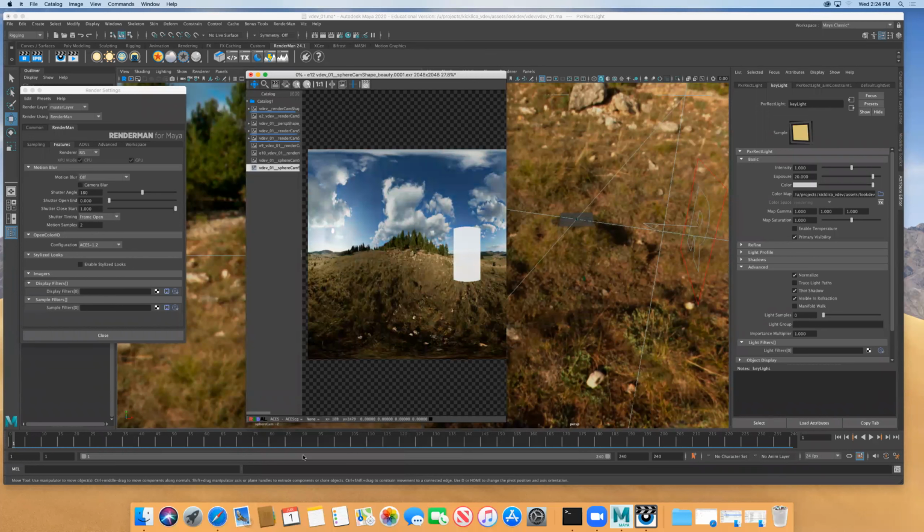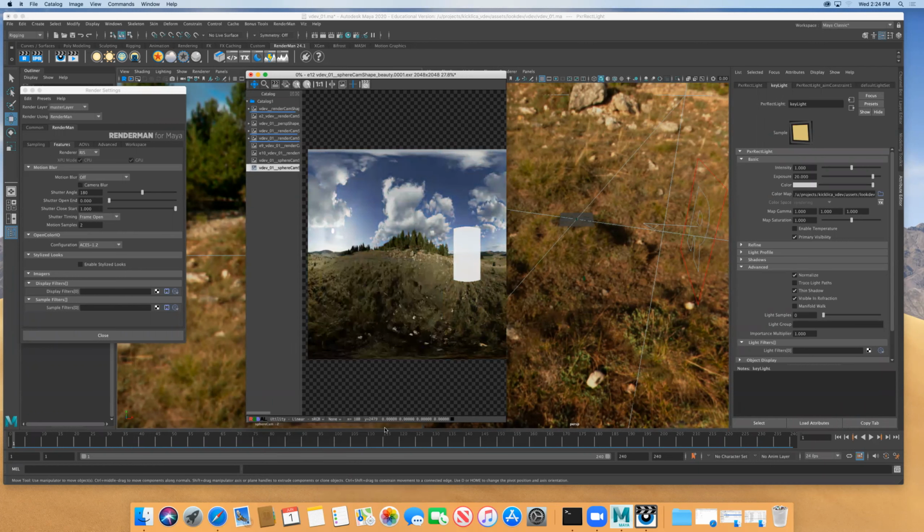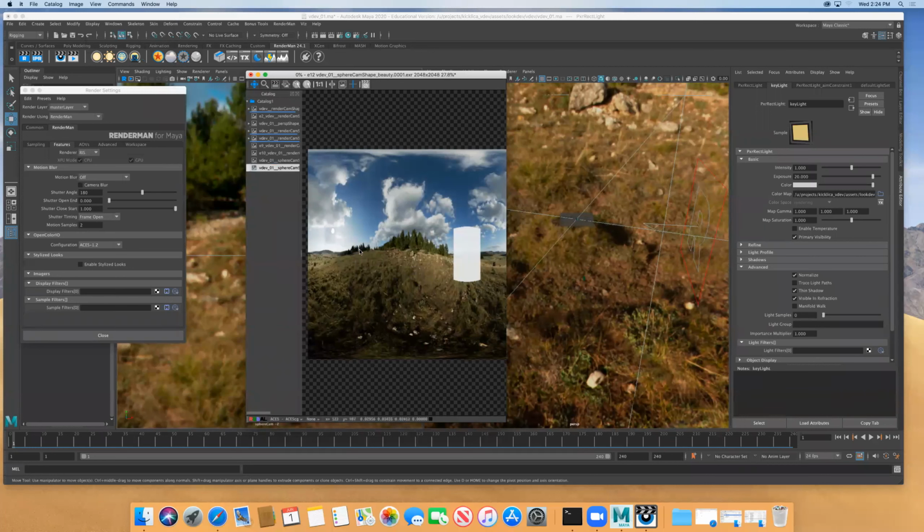And you want to make sure it's not set to utility linear sRGB, or you can see how desaturated that is. Or if you don't have ACES set up, it should default to linear sRGB. So if you look in here, or you can find that underneath view image color space, if it's set to linear and the display view is set to sRGB, then it's a problem. The display view should be sRGB, or you could do Rec 709, but the image color space should be ACES CG. Okay. And you said the pipeline here should be by